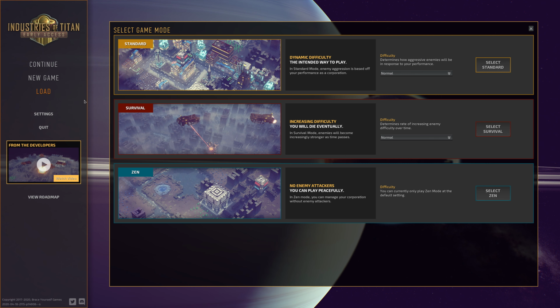So if we select new game, you can see that there's a survival mode, 4 levels of difficulty on each. So I was playing on normal, on the standard mode. You've got a Zen mode where you don't have any enemies at all, which is interesting. Then you've got these survival modes, which will be pretty tough. So if I go back to the standard mode again,